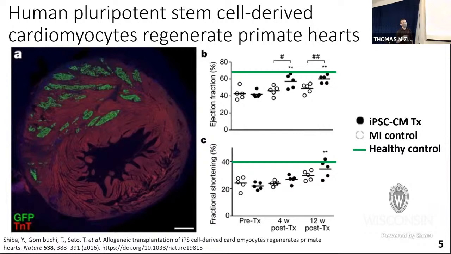So we have pre-treatment, so after the myocardial infarction but before they administered either their stem-cell-derived cardiomyocyte treatment or just a control model that they did not add the pluripotent stem-cell-derived cardiomyocytes. And then in green here, I've added what a healthy control is expected to be for these different metrics. So here these researchers saw improved ejection fraction, nearing what we expected for a healthy control, and improved fractional shortening, which is essentially how much the individual cells are able to contract. So they like to be able to contract more to be able to produce more pumping efficacy.